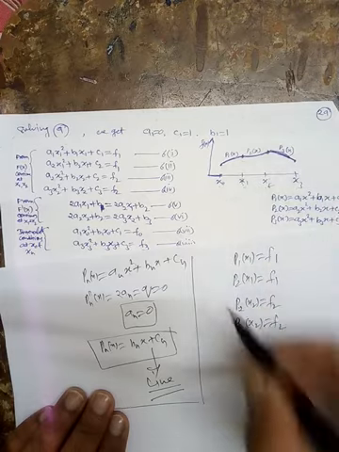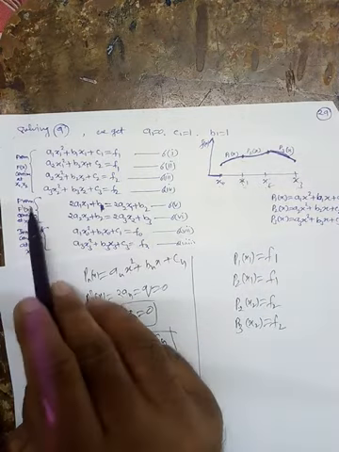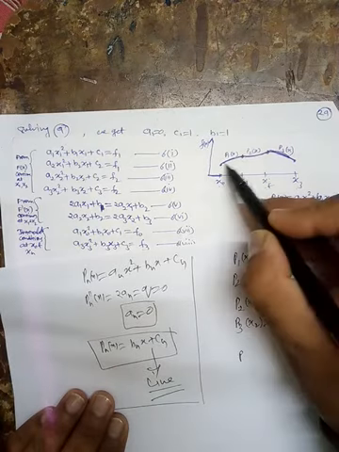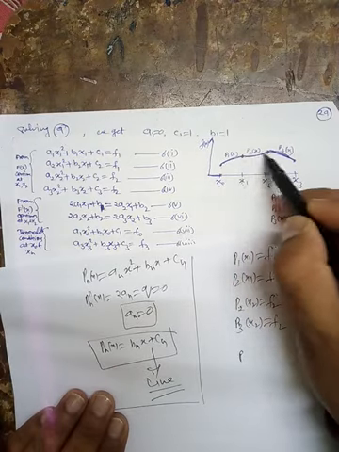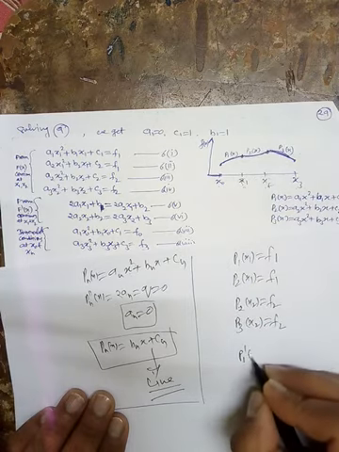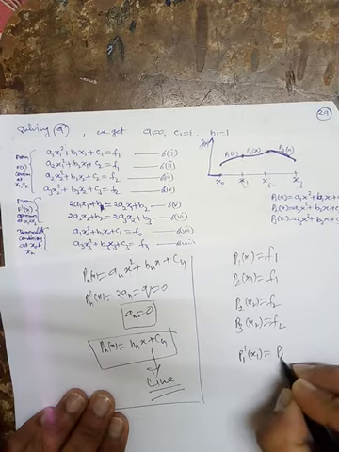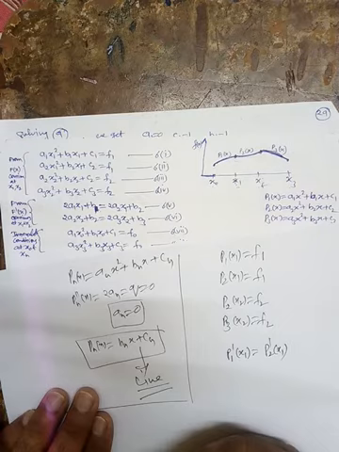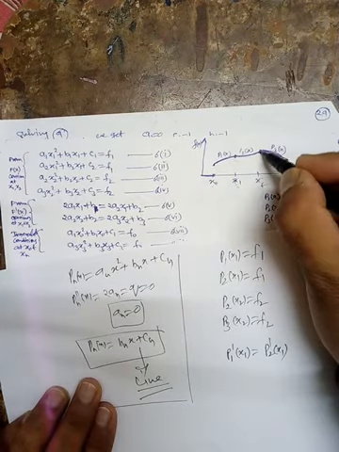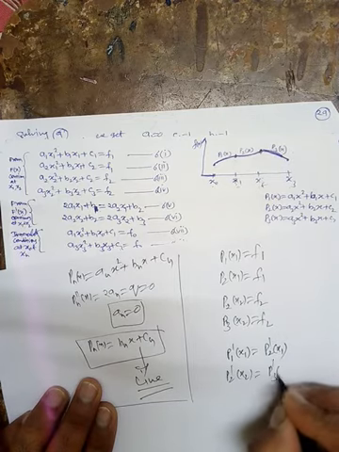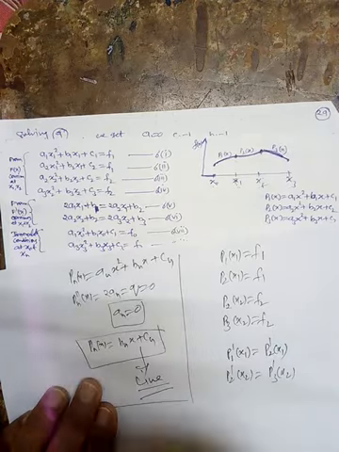Now continuity. So this is now the continuity of the derivative f dash x. That means the derivative of this polynomial and this polynomial at the same node point x1 will be the same for continuity. So p1 dash x1 is equal to p2 dash at x1. This will give you this equation. Now the continuity at the intermediate point, that means p2 dash at x2 is equal to p3 dash at x2. This will give you this equation.